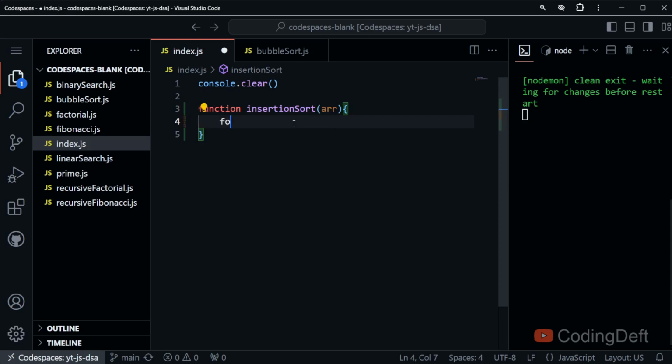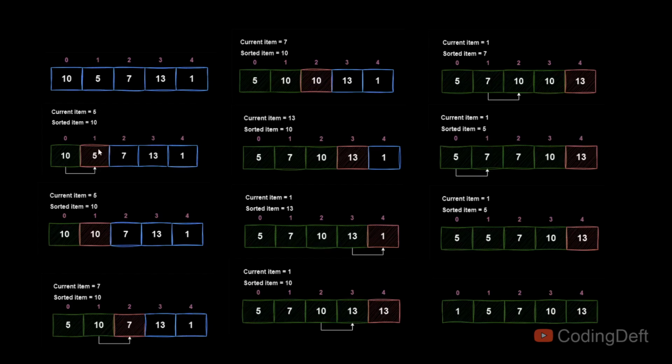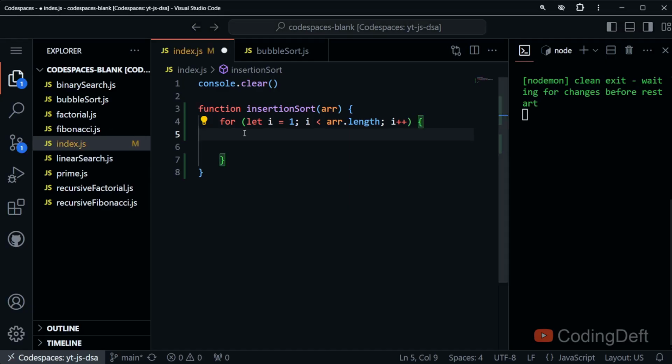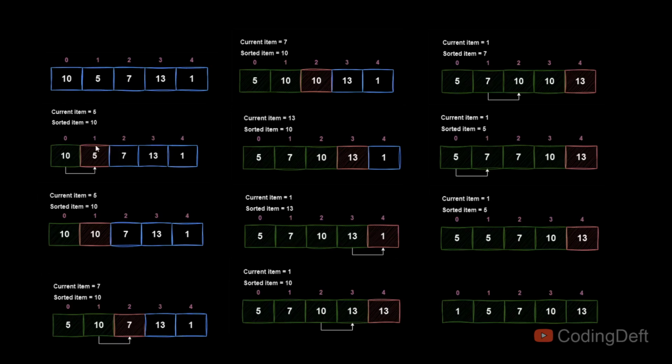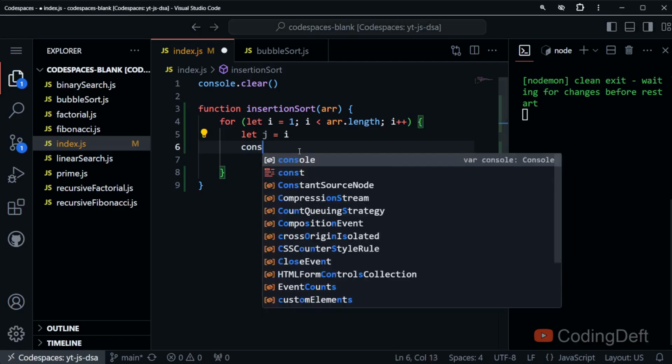So as we have seen, we have to start from the index 1, i from 1 to arr.length. We need to loop until the end of the array. Since we need to start from here, the next iterator, we will assign it as i. So let j is equal to i, and the current item we can get from array of j,